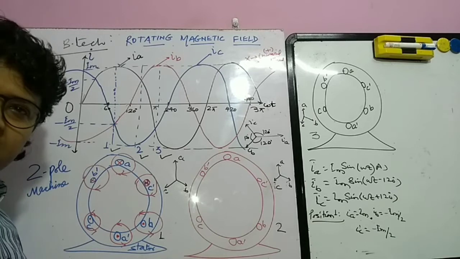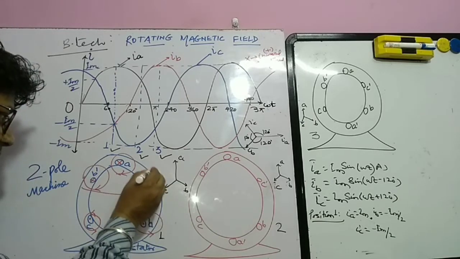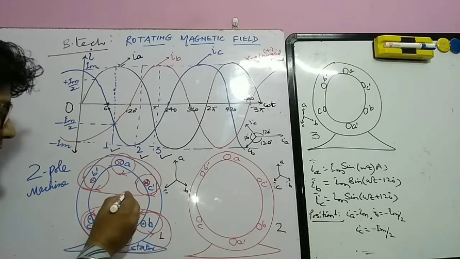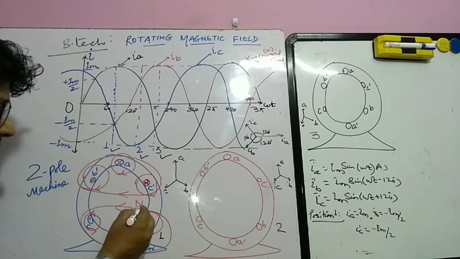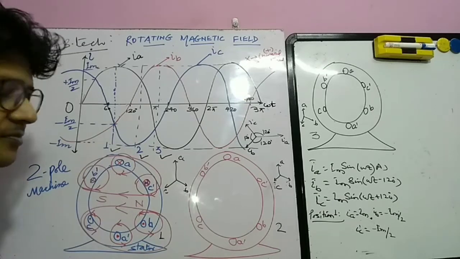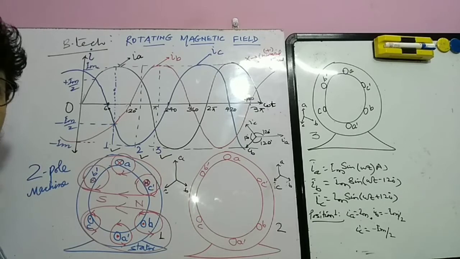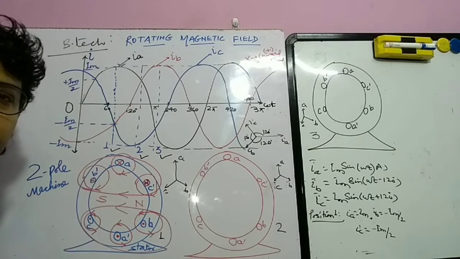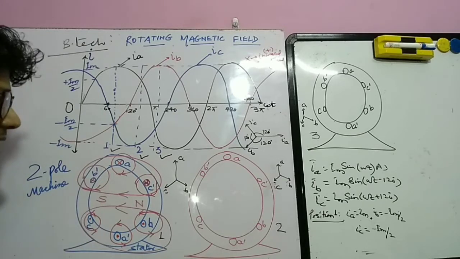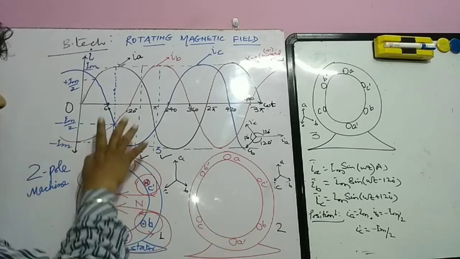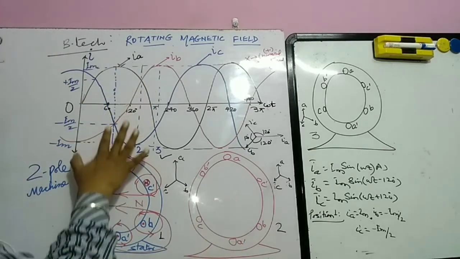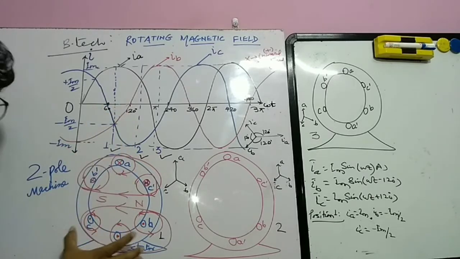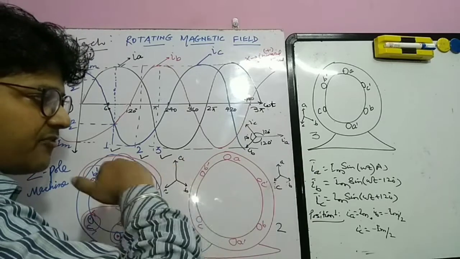So what we are observing here, if we include all the three here and all the three here, we are getting a movement of flux, and this is north and south. Fine. So north to south we are forming here. This is the north pole and this is our south pole. Now at position 1, the 3-phase currents are over here, and we are getting this set of magnetic field. The magnetic field is here at the 0 position or reference position.